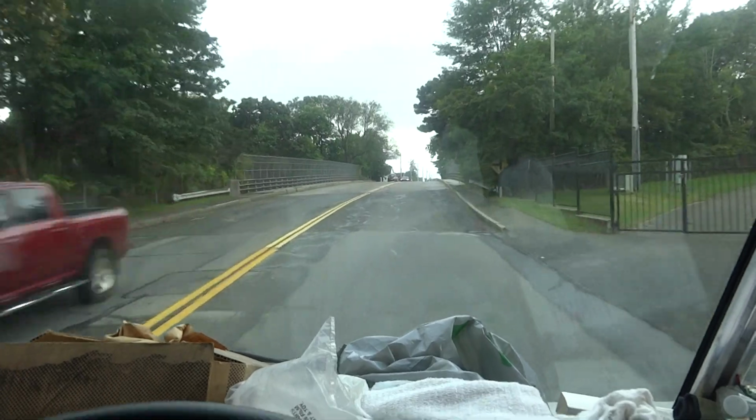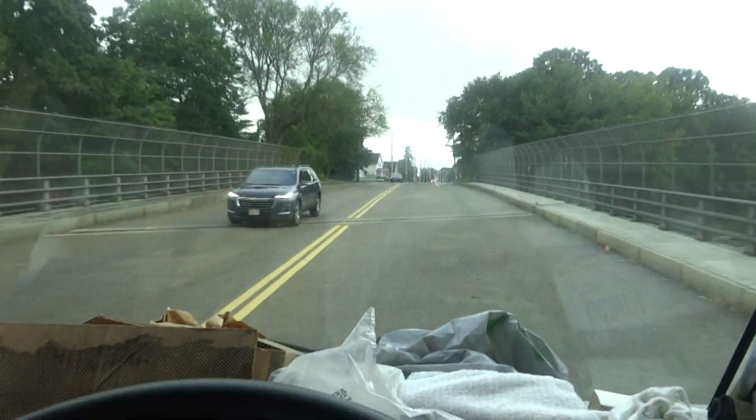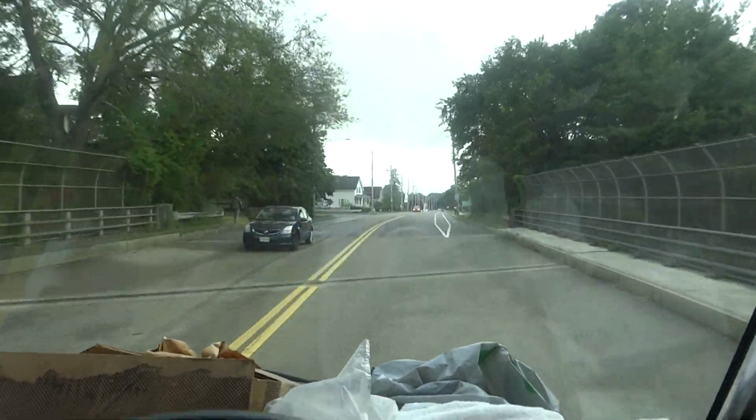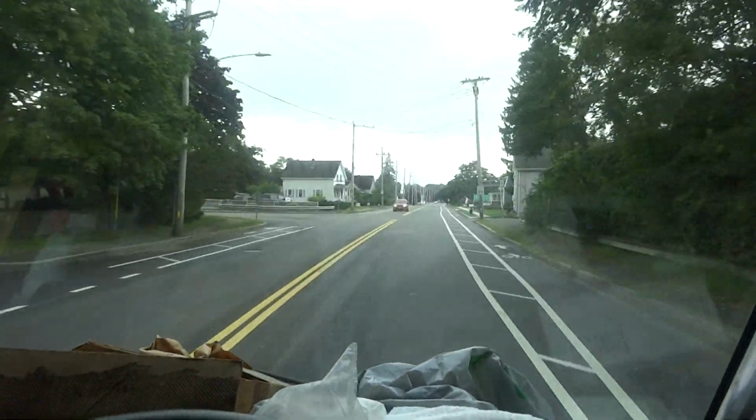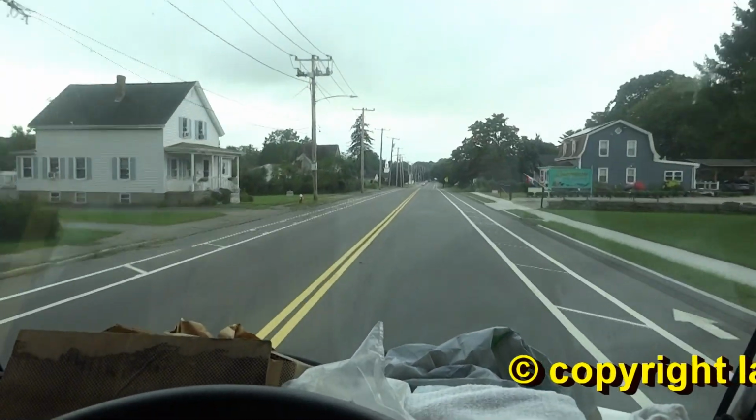Morning, guys. September 11th, 2023. This is a call for a water heater that's not working. Gas-fired water heater. She said it's about 12 years old, and I think it's a Bradford White, she said. So